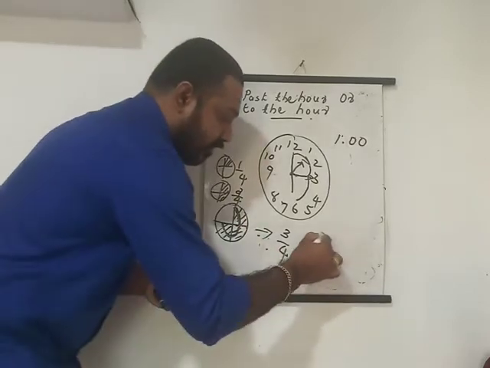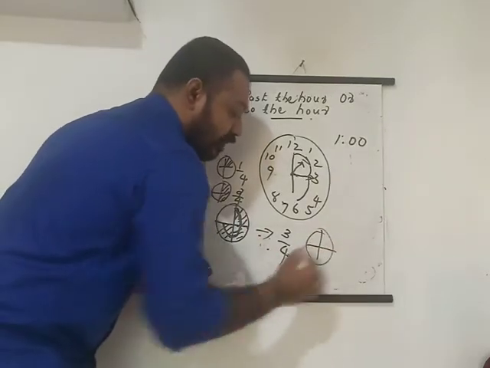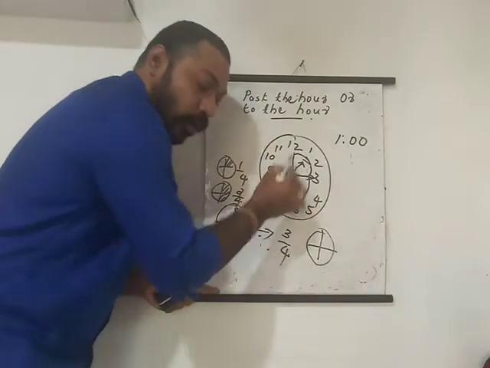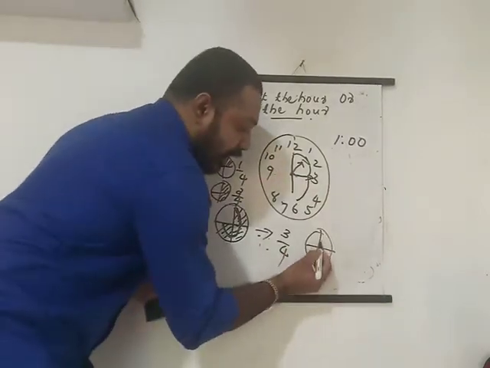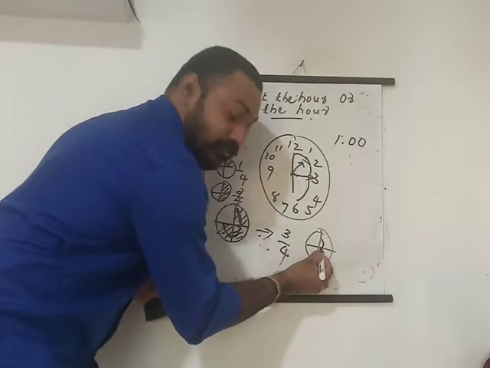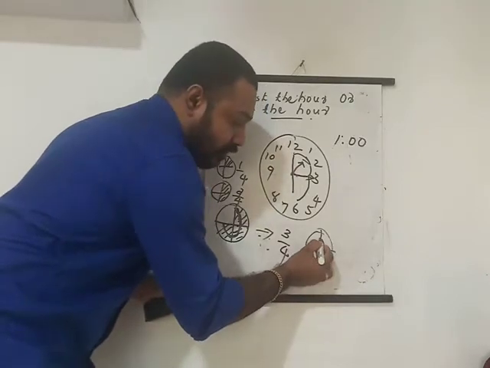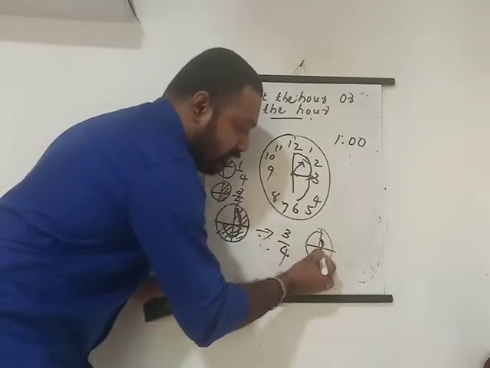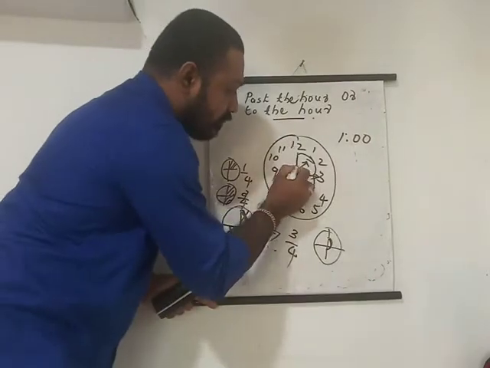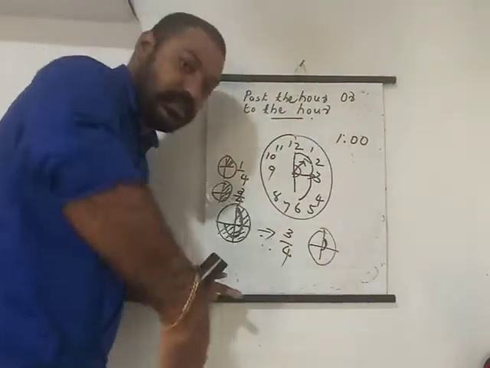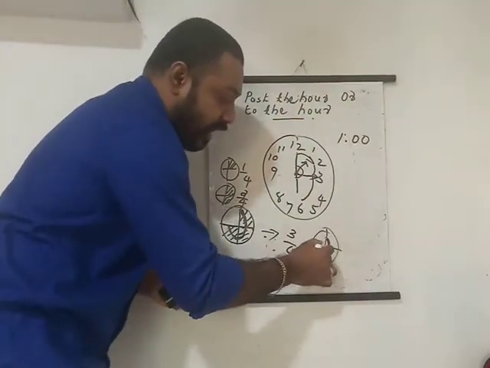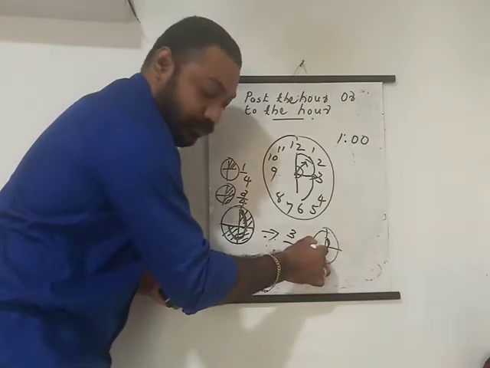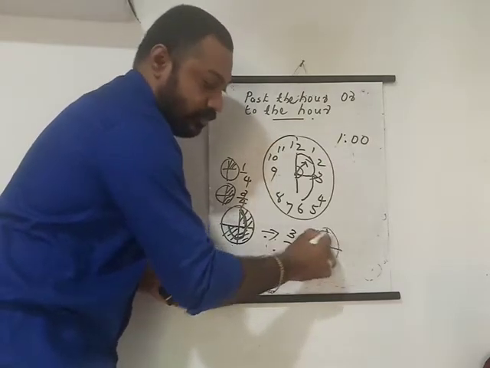Understand? If you are dividing the circle, this clock is just like a circle, isn't it? It completes a quarter rotation. This is a quarter of this rotation and this is half, isn't it? This is quarter. Understand? This is quarter. This is half, isn't it? And this is 3/4. Okay, this is the complete rotation. So that is the thing.